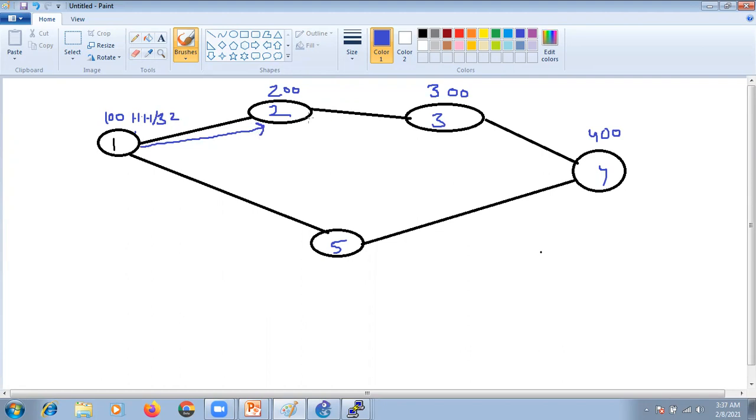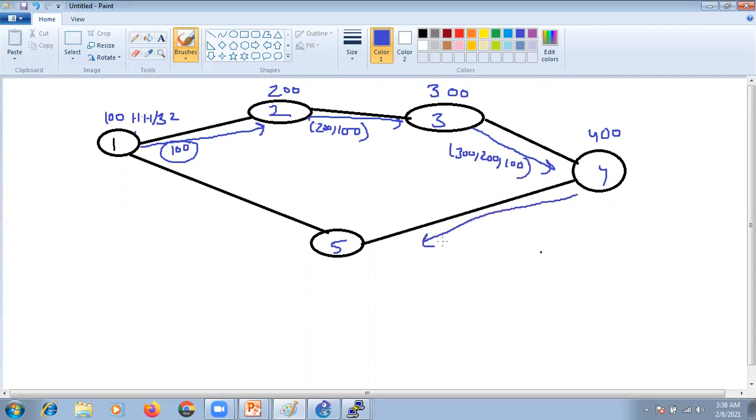R1 will include in the updates its AS number, right? My AS number is 100. So when R2 advertises this route to R3, it will add its own AS and advertise it to R3. Same case, R3 will add its own AS number to the incoming update and send it to R4.